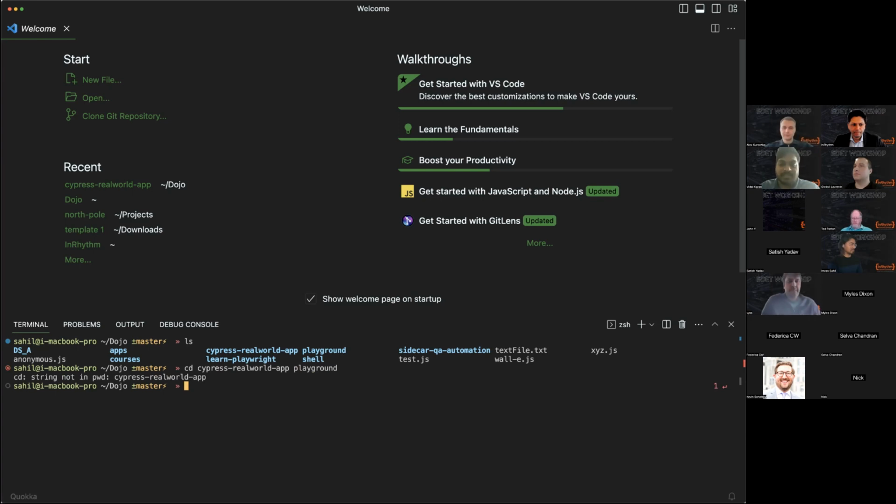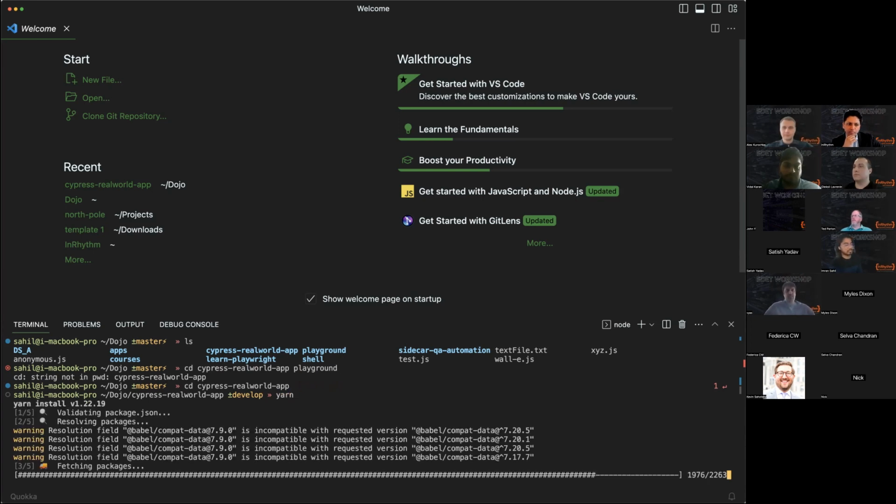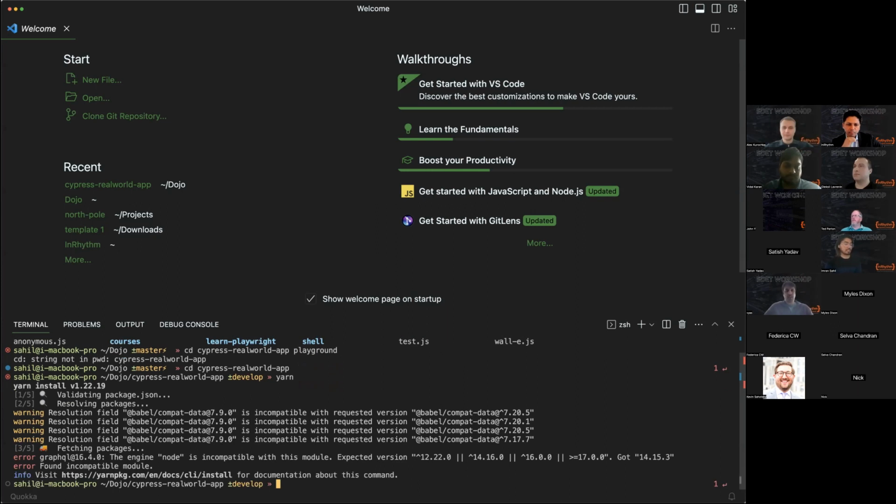I think Playground is a different folder, so you don't add that. Got it. There you go. Thanks, Vidal. After you get into the directory where this app is installed, you will need to do a yarn install. To do that, you just type the word yarn, and it will start installing all the necessary packages that are needed for this project.